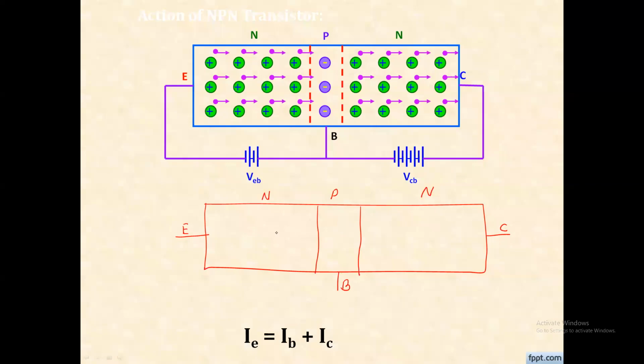Okay, now please concentrate here. So as you know that these are the three regions. मग आता याच्यामध्ये जर बघितलं तुम्ही तर फिजिकल साइज कोणत्या रिजनची जास्त आहे हो? फिजिकल साइज... N, it means that emitter or collector? Collector. Absolutely correct. The physical size of a collector region as compared to the other two regions is more.